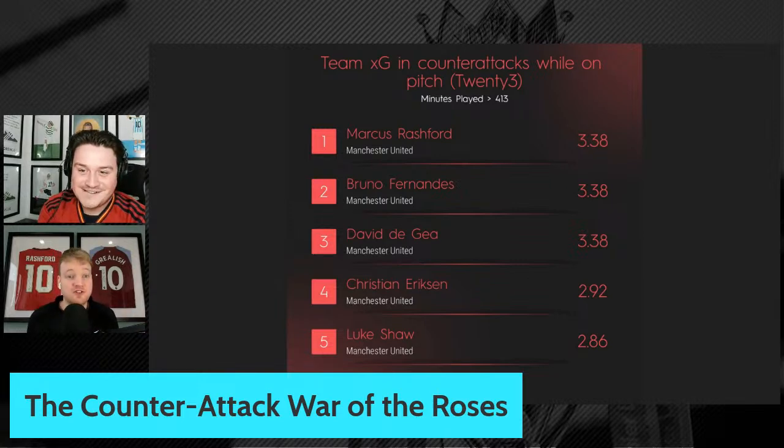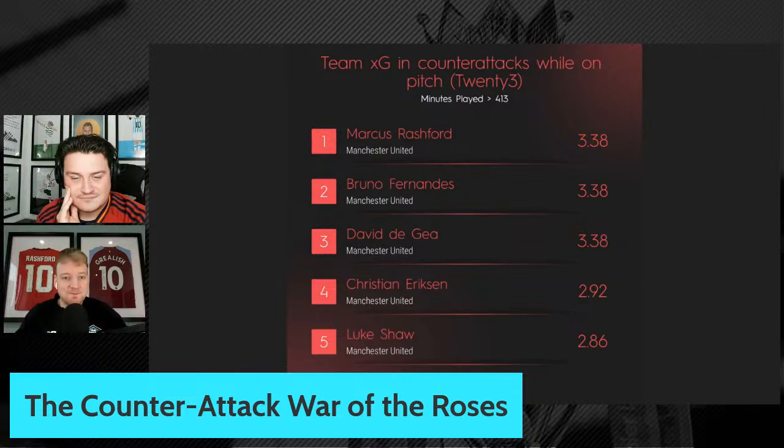Basically, this means that Manchester United are exceptional on the counter-attack, which they have been for a number of years, particularly under Ole Gunnar Solskjaer, and we praise them for that. We just wanted them to be a bit better in the other phases. They lost sight of everything under Ralf Rangnick, and I think this is something that we need to give Erik